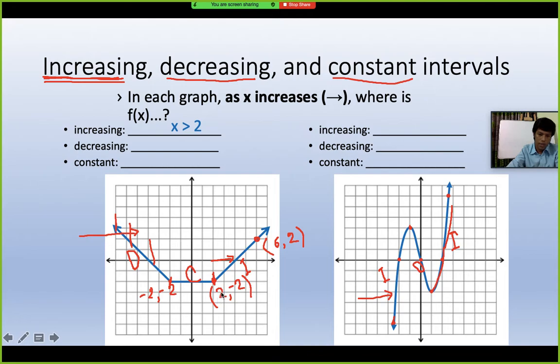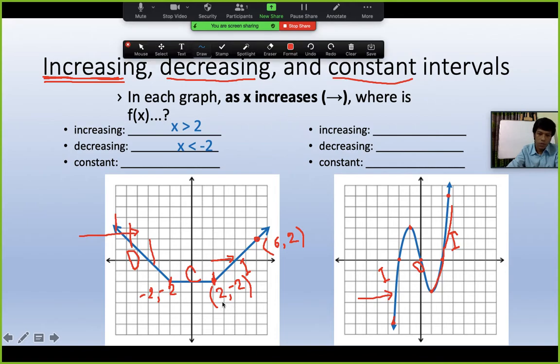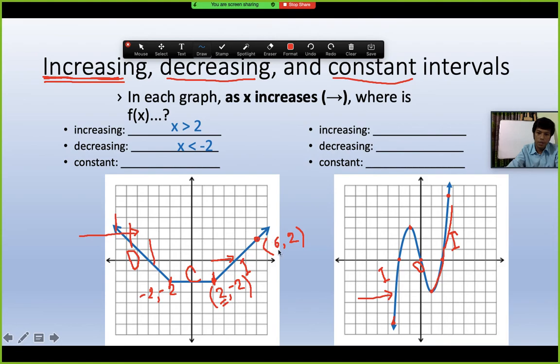So this is x, and you can see x is 6 here, x is 4 here, this is (4, 0). That means if the x value of the graph goes more than 2,